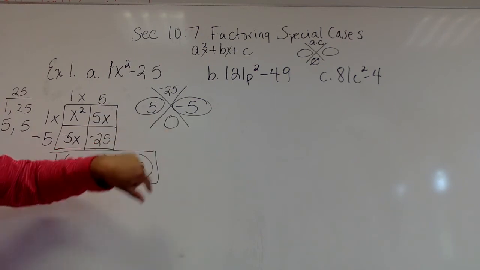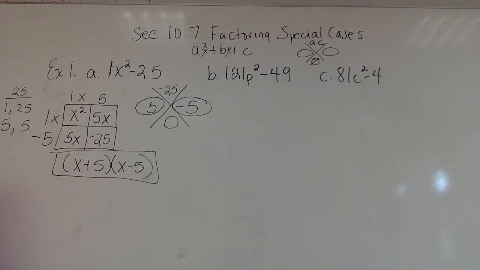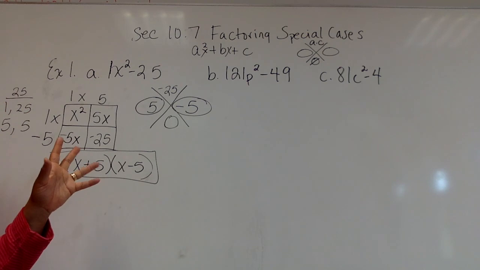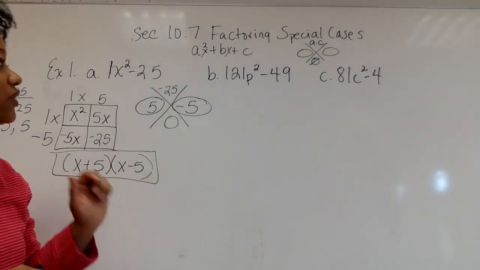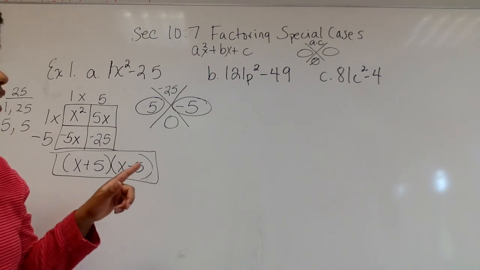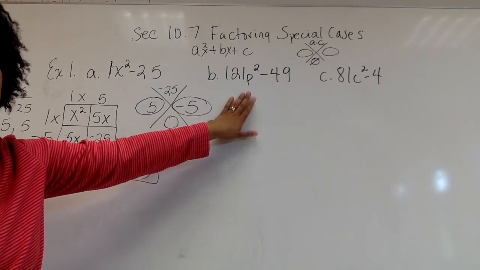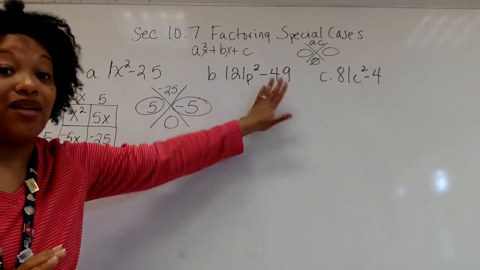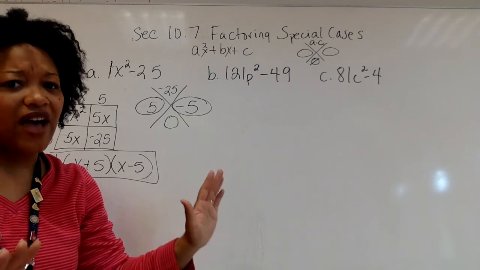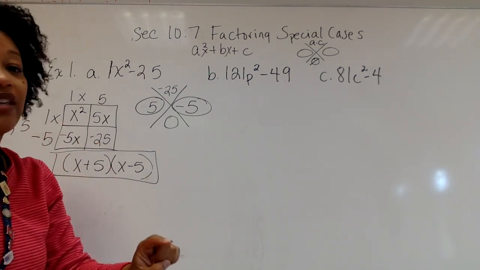All right? Now, let's go to letter B. These are big numbers. You know what? Because these are big numbers, and you guys are like, ah, because if you know the pattern, you've got it. What I'm going to do is stop the video and change these numbers for you, because I don't want you to have to multiply 121 and 49. I know I'm mean, but I'm not that mean to make you find factors of some huge 5-digit number. So we're going to stop the tape, and when you come